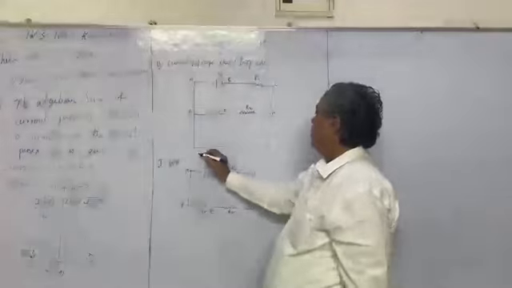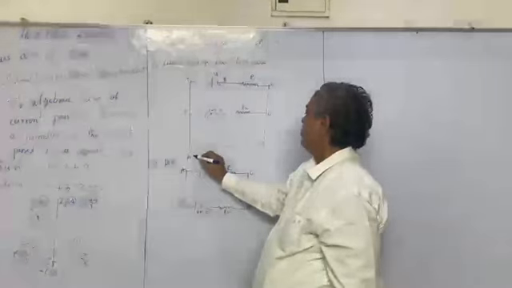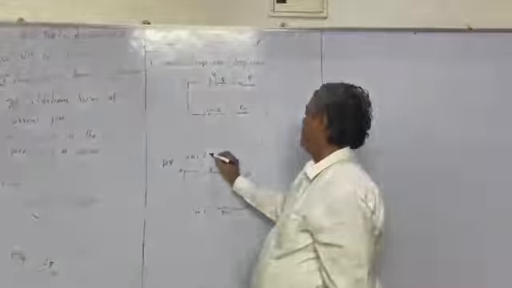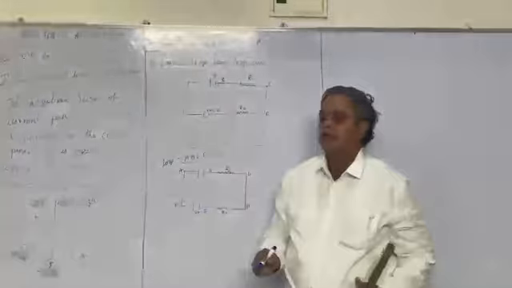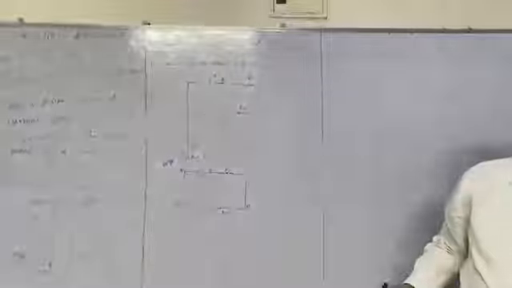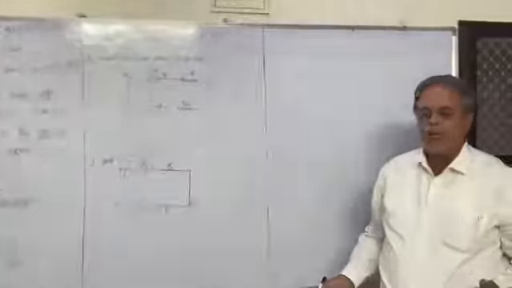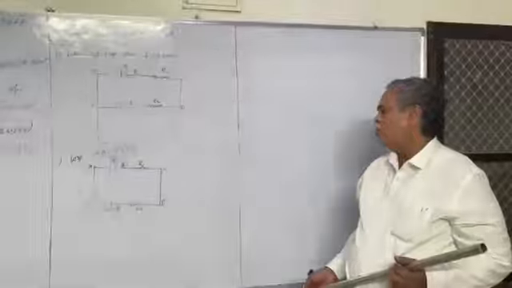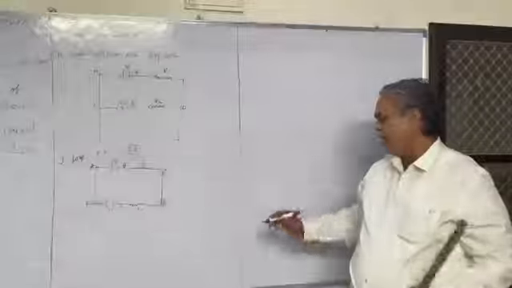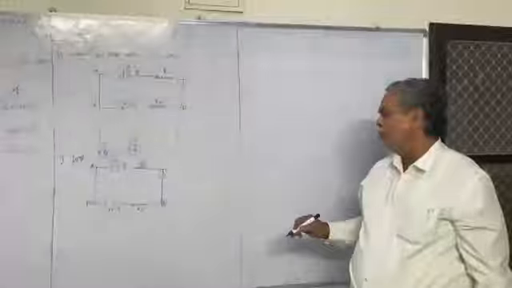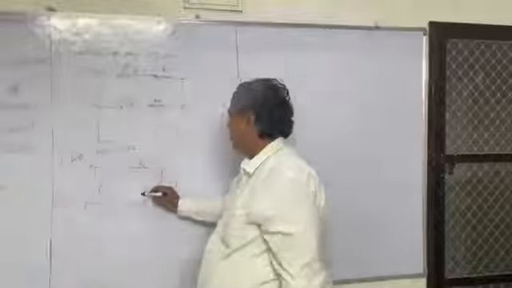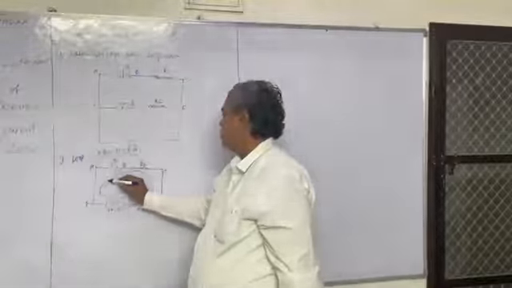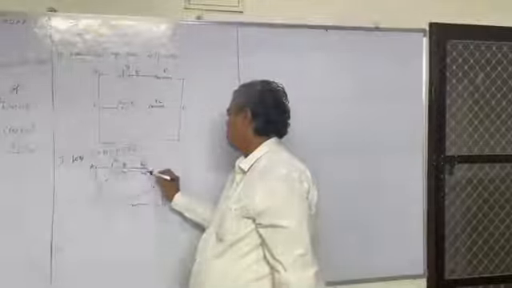What is the loop? Tell me the name. A, B, C, D, E, F, A. This is the first loop. How do you find it? I can tell you an easy trick. You will have to listen. Don't talk. Very important lesson. Here you will have to maintain a clockwise loop. Make one clockwise loop inside. This is the clockwise loop. Maintain it.